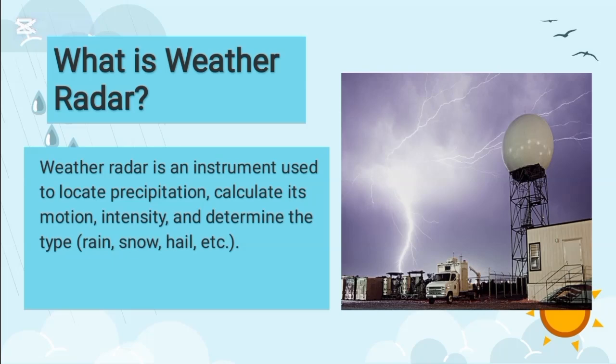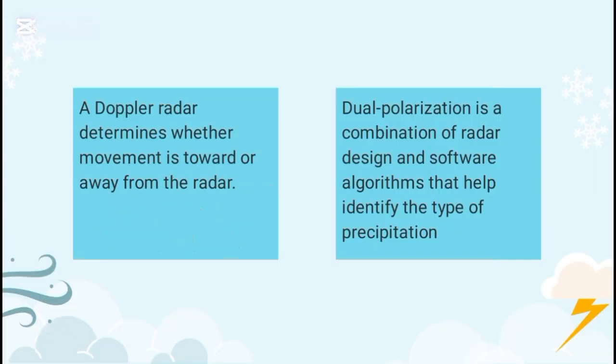So today, most radars use the Doppler effect and have dual polarization. To add, a Doppler radar determines whether movement is toward or away from the radar. So gumagana ito sa pamamagitan ng Doppler effect kung saan nagbabago ang frequency ng electromagnetic waves depende sa direction ng galaw ng mga bagay na tumatama dito. Kung ang ulan o hangin ay gumagalaw papalapit sa radar, tataas ang frequency ng signal na babalik. Kung ito naman ay papalayo, bababa ang frequency. So, sa ganitong paraan, nalalaman kung papalapit o papalayo ang galaw ng ulan, hangin at iba pang mga bagay sa